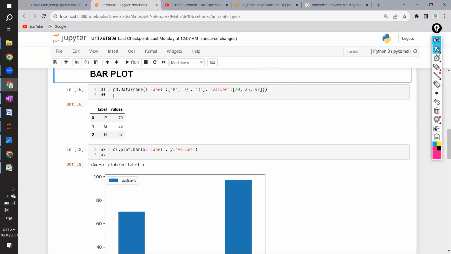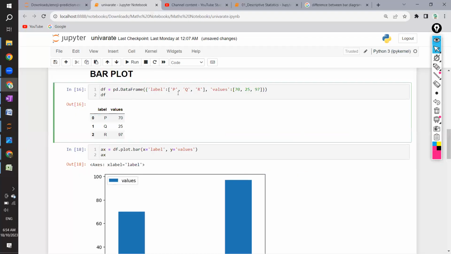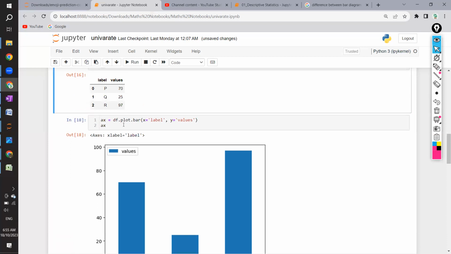Coming to the bar graph or bar plot. This is basically for discrete or categorical data, guys. So I am creating a data. The PQR values are this, labels and values, PQR 70, 25, 97. Fine. Now if I try to draw a bar plot,